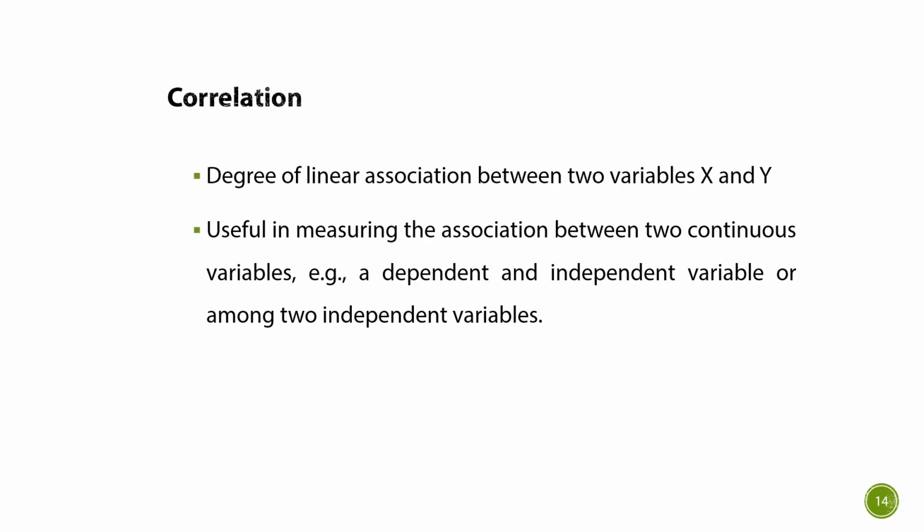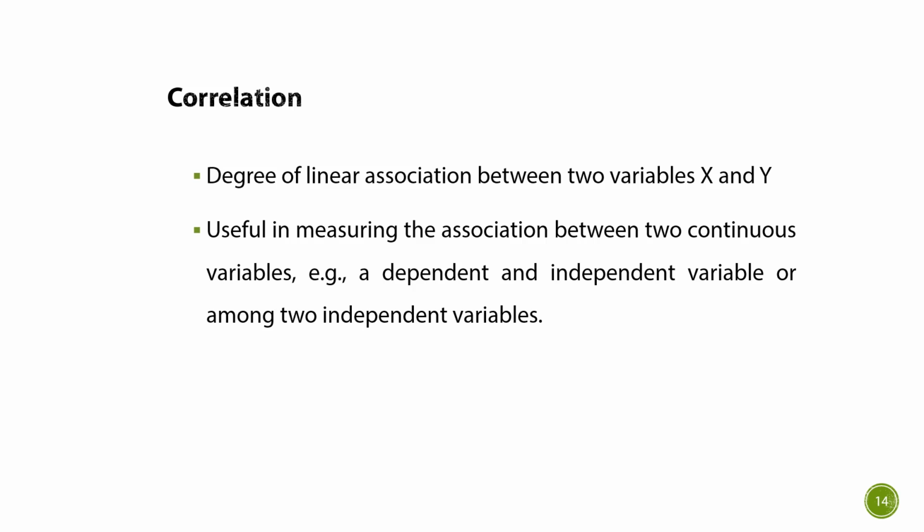Now we will see what is meant by correlation. Correlation is an association. It is a measure of the extent to which two variables are related. Therefore, correlation is used when one variable increases as the other variable increases, or when one variable decreases while the other decreases. It describes the linear relationship between two continuous variables, for example, height or weight.